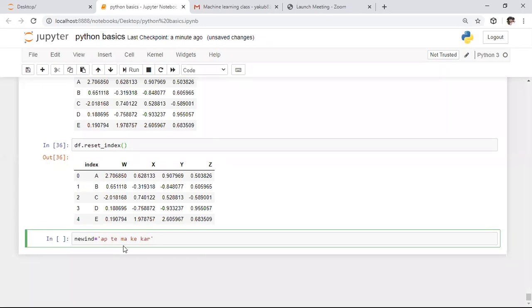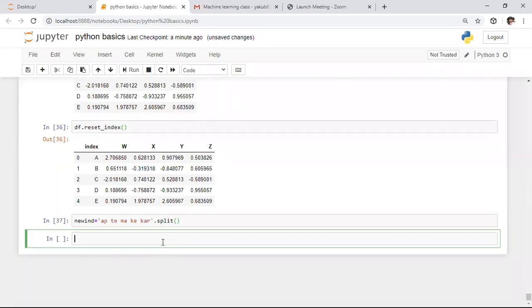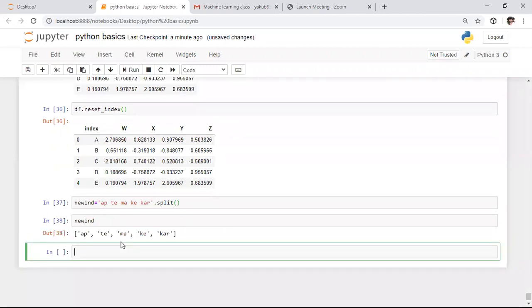After that, if you want to convert this into the form of a list, we need to apply the split function. Whenever you apply the split function, in this new index we have all these states in the form of a list. To observe the output and understand what happens here, I'm observing what data is present in this new index. This data will be present in the form of a list. Here I want to keep these values as indexes in the data frame.